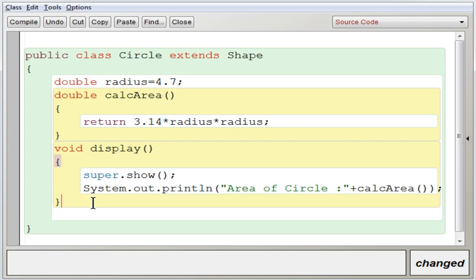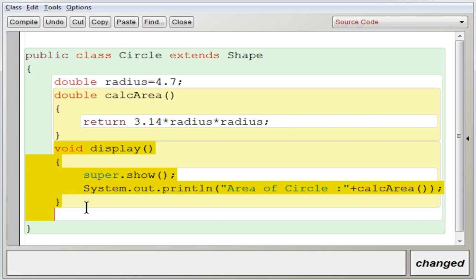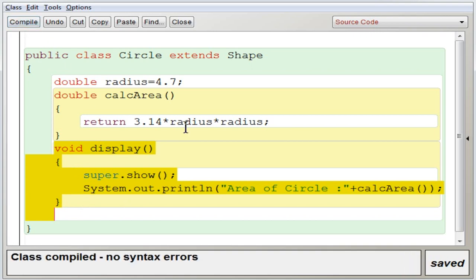And also you can see that I call the show method using the super keyword. So it works like normal superclasses where you can execute the other methods, but the main purpose of the abstract class is to complete it in the subclasses and then execute it. So you can see that this void display method should be used in a subclass. Now I am compiling it, you don't have any problem.